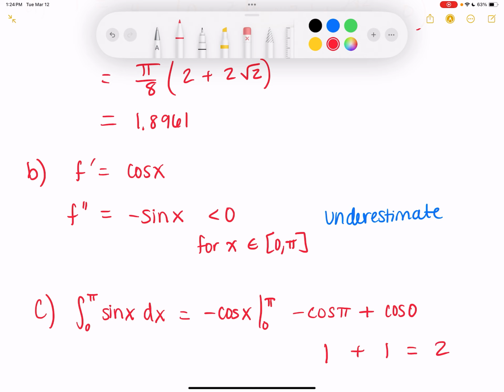Which is what compared to this? Wait, 2 is bigger than this, right? So that means that this was an underestimate. The trapezoidal rule was an underestimate for this particular problem. So that would be the other way to look at it. So we'll look at a word problem tomorrow with this stuff, and